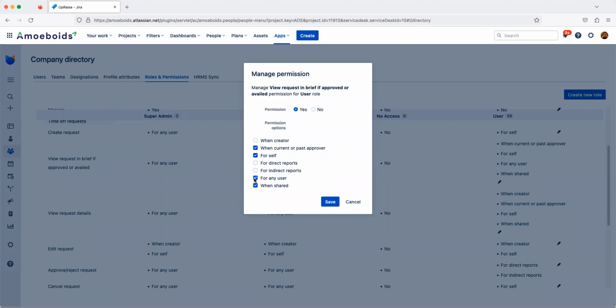Only the leave request name, I mean, for which employee the leave request is created, whether that is approved or availed, and on what date the leave is going to get availed. So that information is visible. Apart from that, any attachments, any comments and conversations, approval, rejection comments, none of that are available